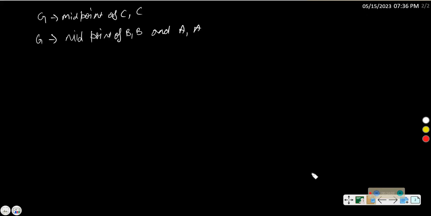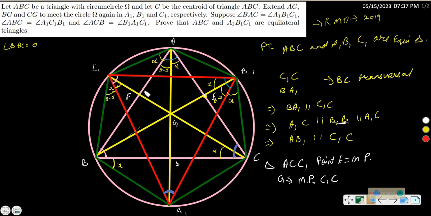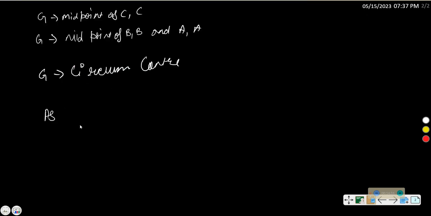right? So if G is the circumcenter, because the circumcenter has this property that all the radii are equal. So if C1G equals CG, GB1 equals GB, GA1 equals GA, therefore these also equal each other. So G has to be the circumcenter, then only will this be possible, and these all have to be the radius of the circle. Alright, now if G is the circumcenter, G is the centroid as well,